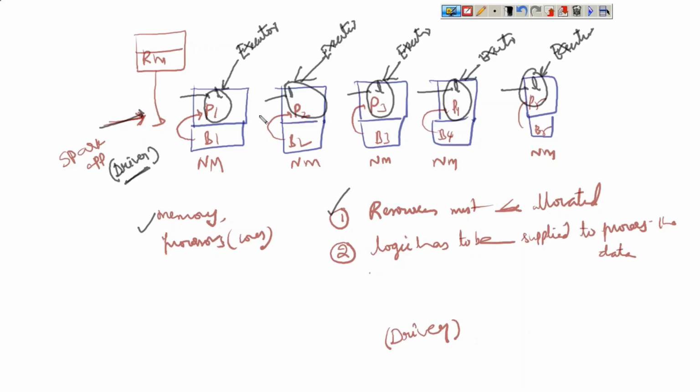The data has to get processed by whom? Internally a program will be created, called the executor. That's it. Now we call the driver the master process of the Spark application, and the executor the slave process of the Spark application. All these executors run under the control of the driver, remember. The driver maintains everything, supplying the logic and creating executors. That is the reason the driver acts as the master of the Spark application, and executors act as slaves of the Spark application. Got it now? Fine.